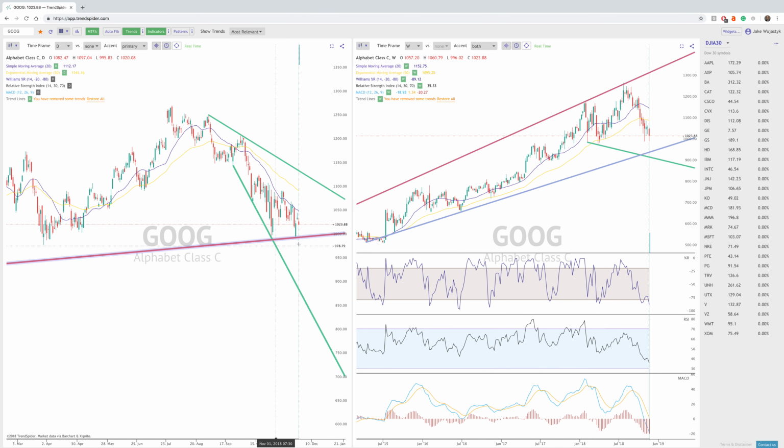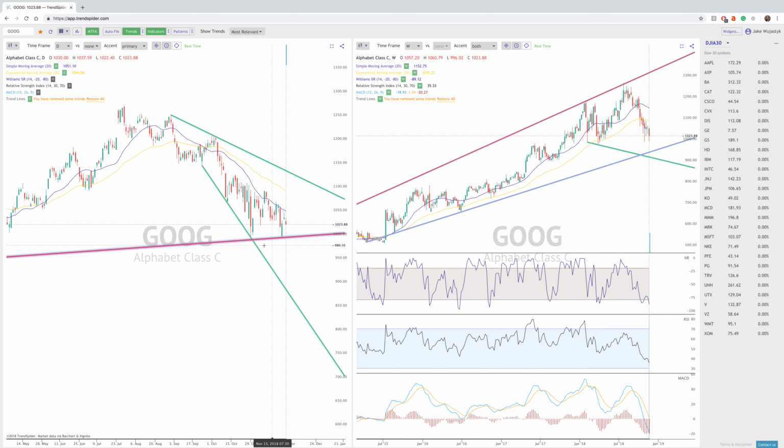Now, megaphone patterns are generally kind of a function of very high volatility. And so that's kind of what we have here. We've had a very highly volatile last couple months across the board for the market, especially FANG stocks. Now what we can see here is kind of this double bottom forming, so that's something to keep in mind. We'll have to see if the double bottom holds or if we continue down.